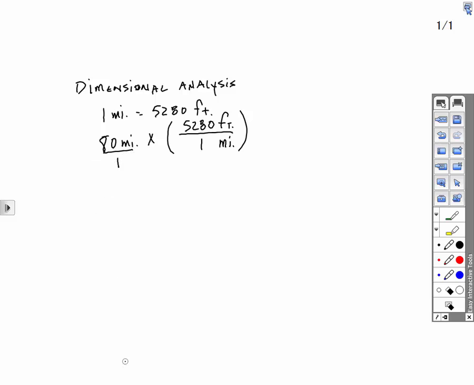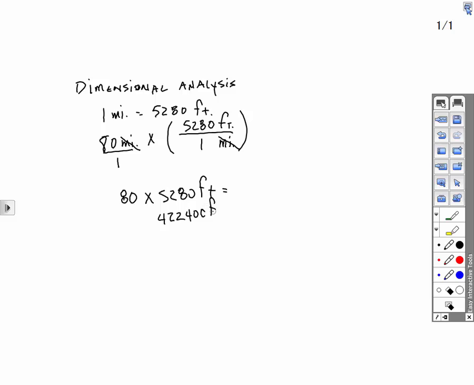Okay, and any number that you're given is actually over 1. So I'm going to put 80 miles over 1. Okay, so at this point, you'll notice that we can cancel out the mile. So miles have canceled out. So then we just have to multiply. So now it looks like we're just multiplying 80 times 5,280 feet. And this is going to give us a pretty ugly answer, but it's just a number is all it is. It's just a number. So it's